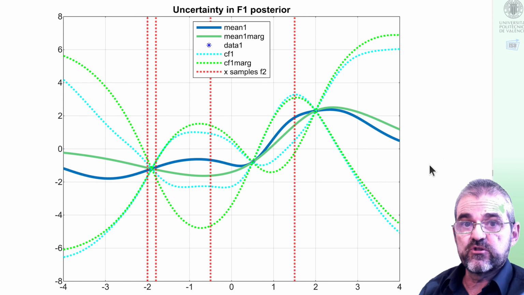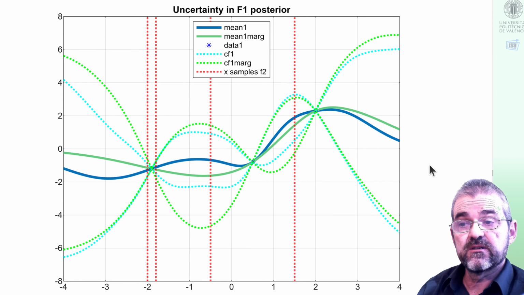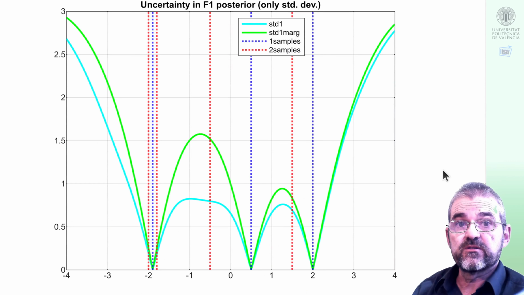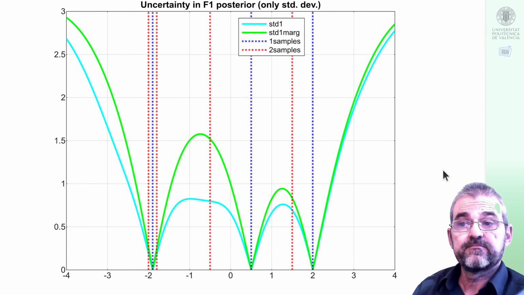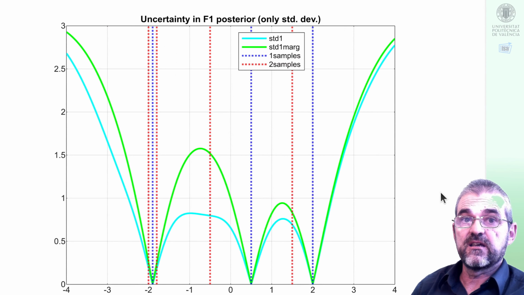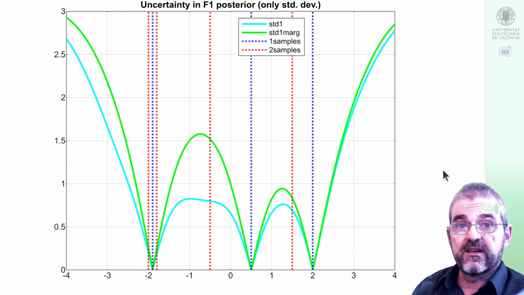Indeed, it seems to be so, but if we just plot the standard deviation, forgetting about the mean going up and down, then in this plot we see that when we have samples of the blue F1 function, we get basically a perfect knowledge of what the function is there, because we have a very small measurement noise variance. The vertical red lines indicate points where samples of function 2 are available, and then the green